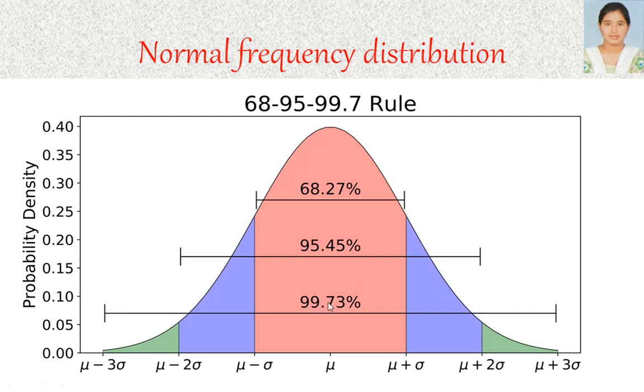As we increase the standard deviation even more, that is plus or minus 3 sigma, from the mean line it will be 3 sigma to the left side and 3 sigma to the right side. Overall we can call it 6 sigma level confidence. So generally we prefer 6 sigma in industries, that is, this plus or minus 3 sigma.